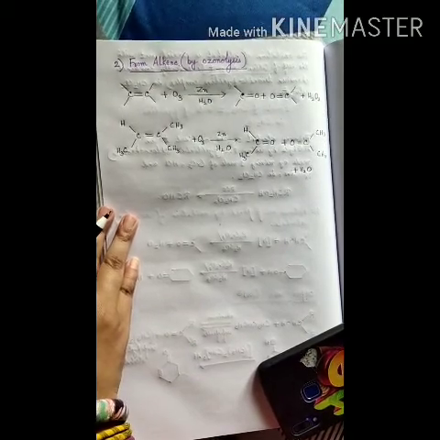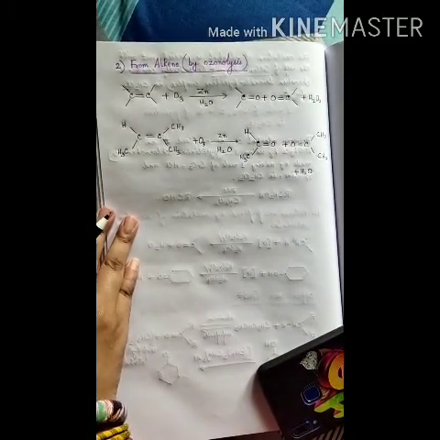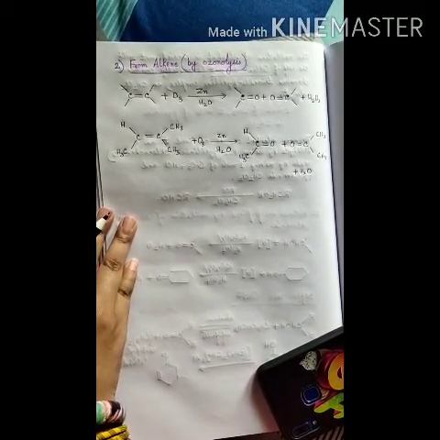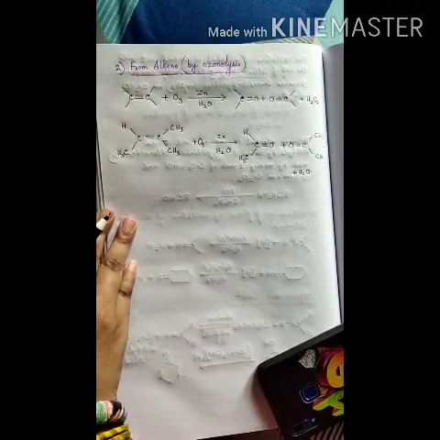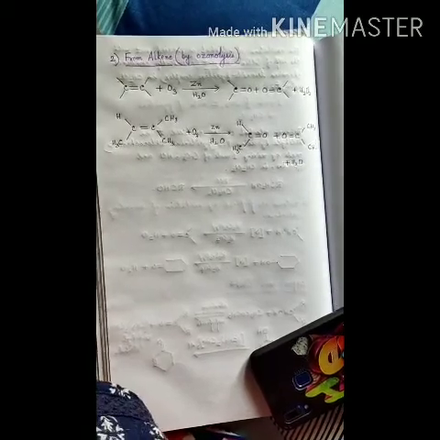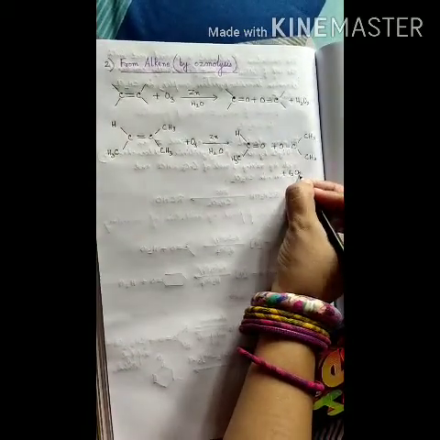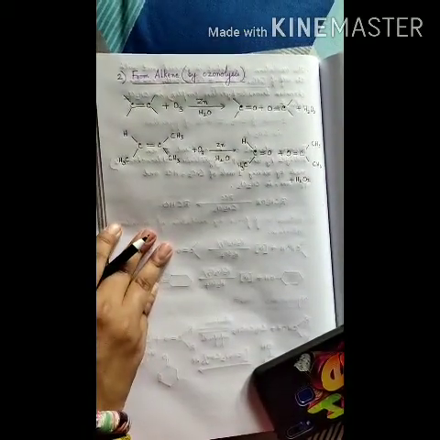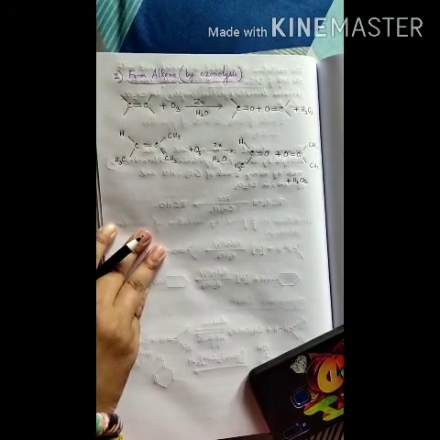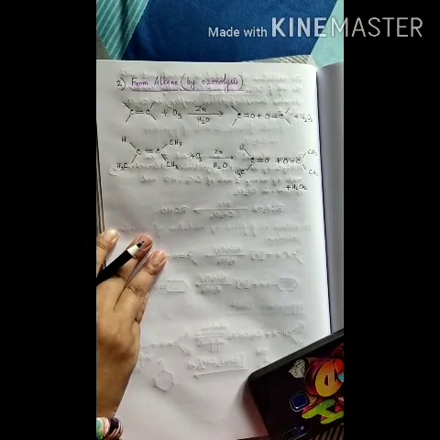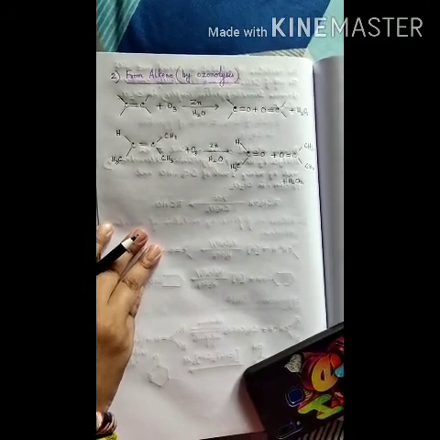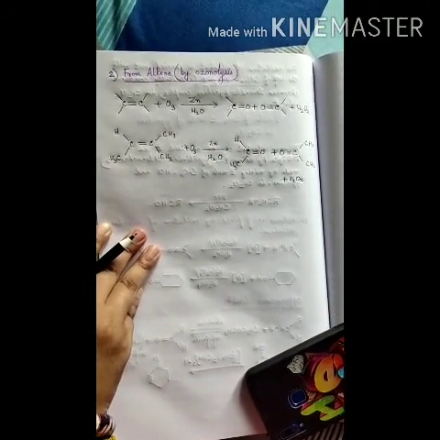So by ozonolysis of an alkene followed by hydrolysis with zinc dust and water, we can get the aldehyde and ketone. Here we can see that in the reaction, hydrogen peroxide, H2O2, is formed, which is easily removed by the zinc dust that we are using, and hence it will stop the further oxidation of the carbonyl compounds formed into the acid.